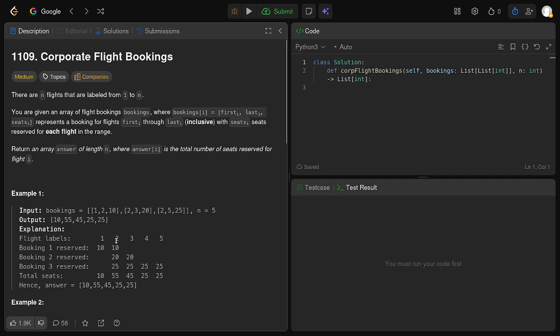So imagine we have them in rows like this, right? And we need to add 10 here, 20 here, 25 here. Now there might be n bookings, so for each booking we would go through possibly the entire list, which is slow. But we could use a trick with prefix sums where we add 10 here